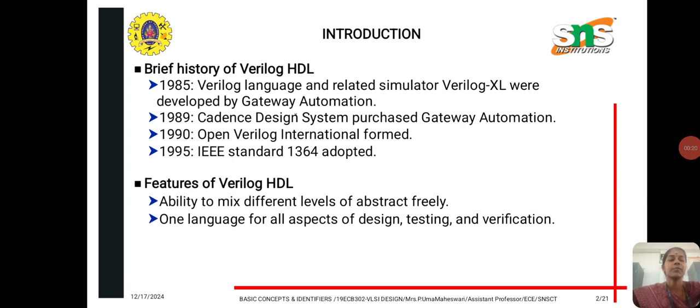and the related simulator Verilog-XL were developed by Gateway Automation. Cadence Design Systems purchased Gateway Automation in the year 1989. Open Verilog International was formed in 1990. In 1995, IEEE standard